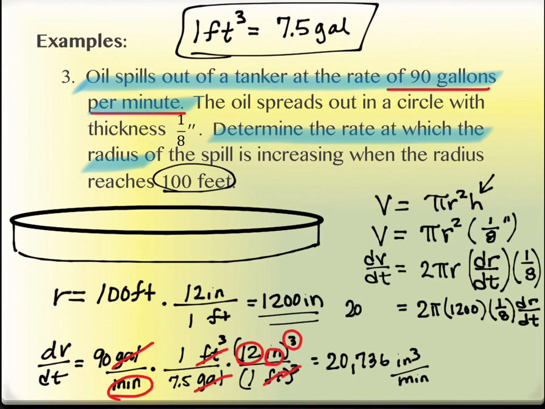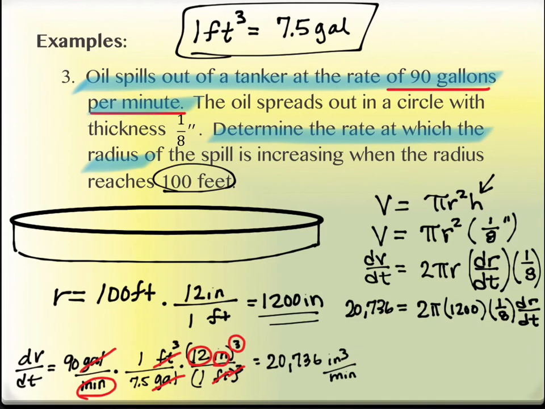So we're going to do 20,736 on the left-hand side of the equation. So I've kind of got a mess going on. I apologize. Let me see if I can shrink this. Actually, let me do it that way. Just shift that over a little bit, and then we'll move this over. Cool. So we just need to calculate these individual pieces, multiplied together, and then divided over to the other side under the 20,736. All right, so 2 pi times my 1200 times my 1/8 on the right-hand side gives me